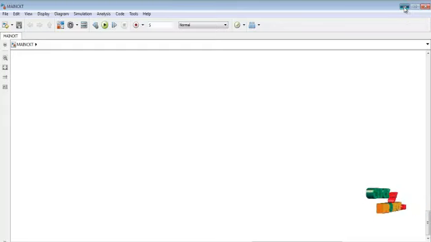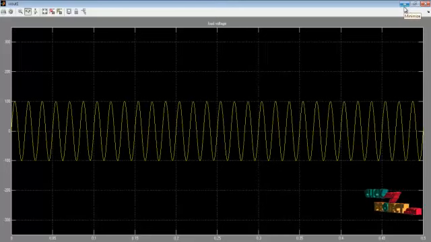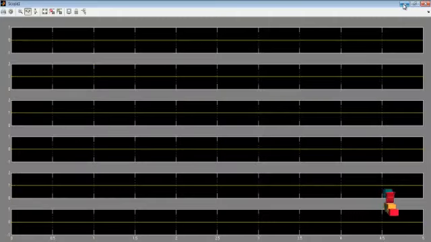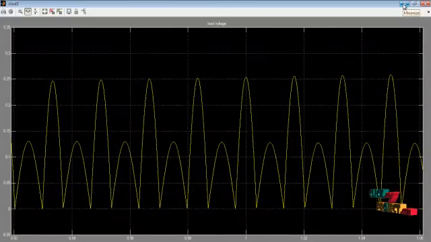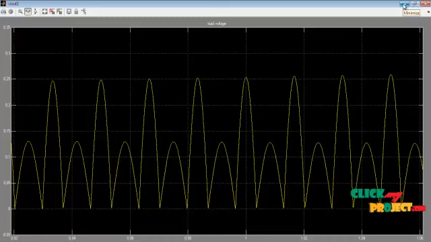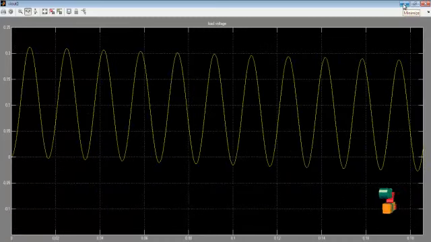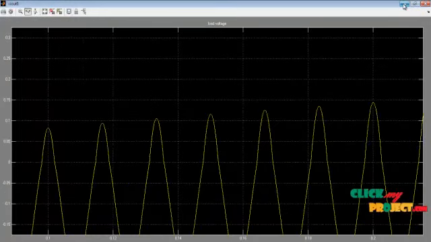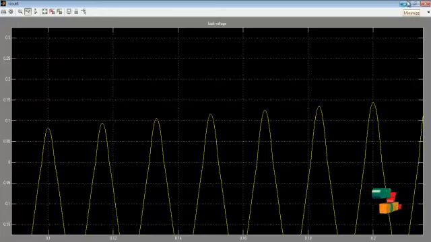The first one is the input voltage waveform and the next one is the input current waveform. This is the pulse waveform generated using the space vector pulse width modulation technique, and this is the output voltage and current waveform. This is also an output voltage waveform, and this is another voltage waveform obtained from the next circuit. The next one is the output current waveform, also obtained from the output of the rectifier side.